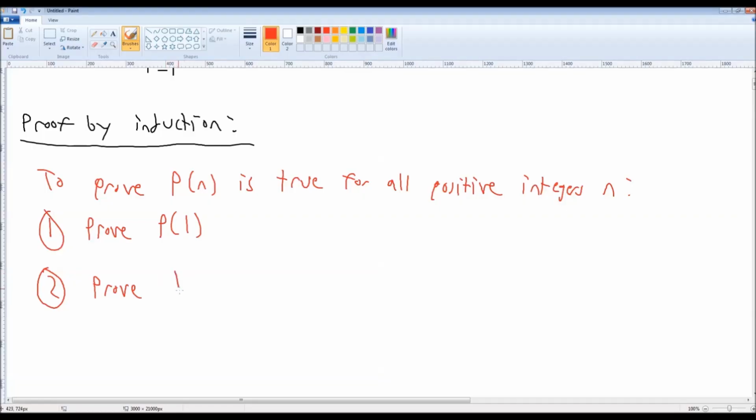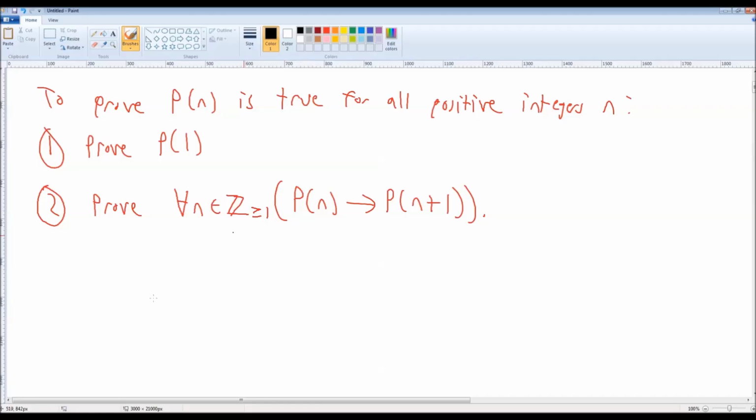So prove that for all n in the set of positive integers, P of n implies P of n plus 1. If we can do this, that'll prove that it's true for all positive integers n. Okay, so